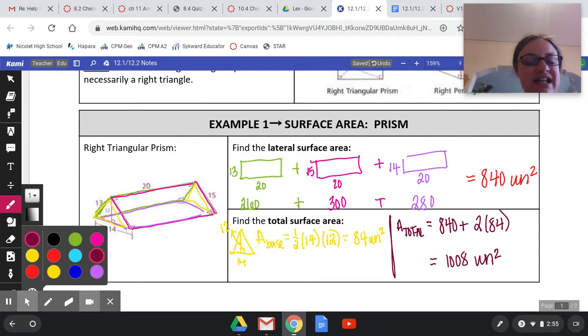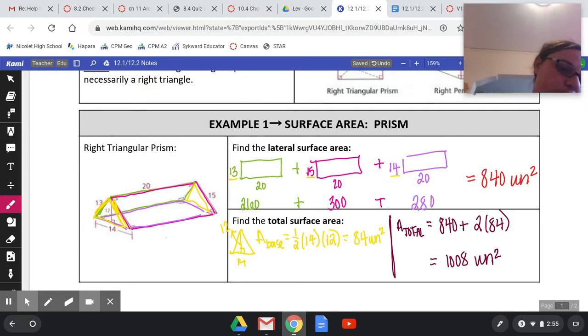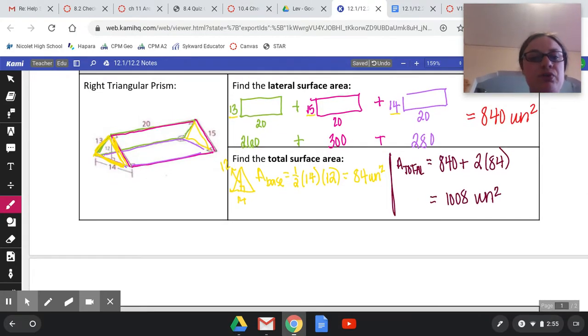Now, for finding the surface area of a prism, there is a shortcut that you can use. It will always be fine to find the lateral surface area by adding up all of those different rectangles, all of their areas. But if you look here, really, we took 13 times 20, 15 times 20, 14 times 20. All of those sides were created by the perimeter of the base. So a formula that you can use to find